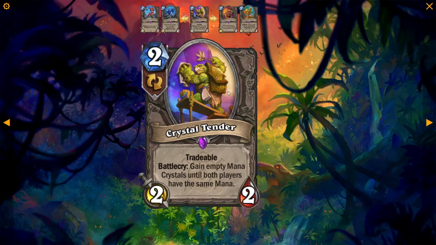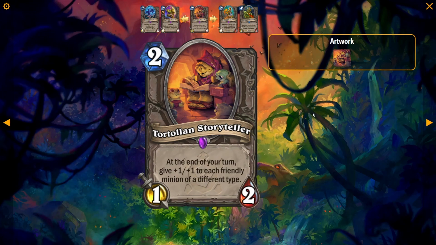This is an interesting card in the context of Warlock because you can use Fractured Power as a way to drop your mana really low, slam this down, then gain a bunch of mana, and then you'll get even further ahead. We also have Tortolan Storyteller, a 2 cost 1 attack 2 HP minion. At the end of your turn, give +1/+1 to each friendly minion of a different type. This is just good for the Menagerie decks that we've been seeing a lot of, so this one will probably